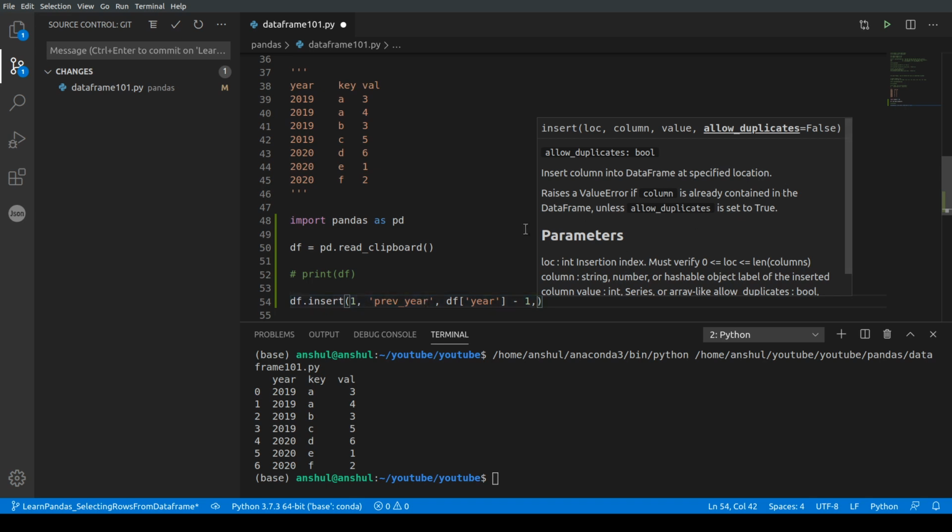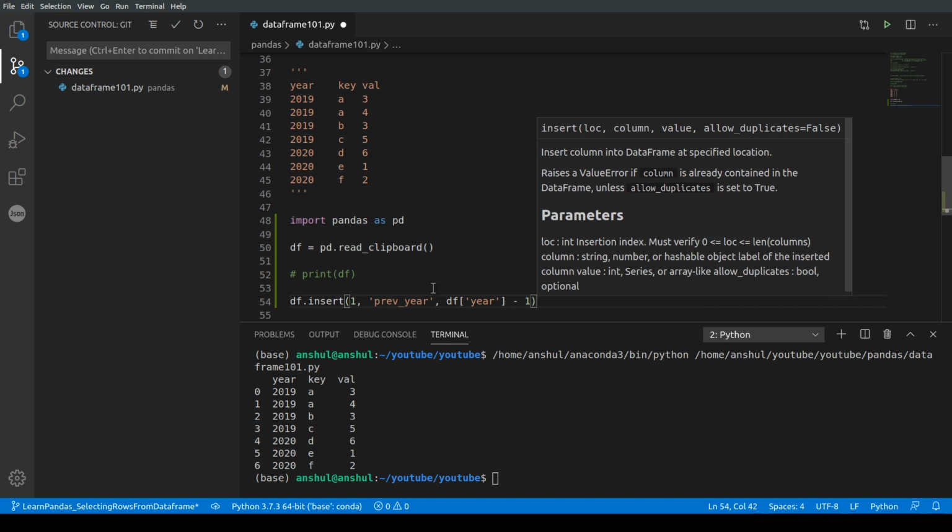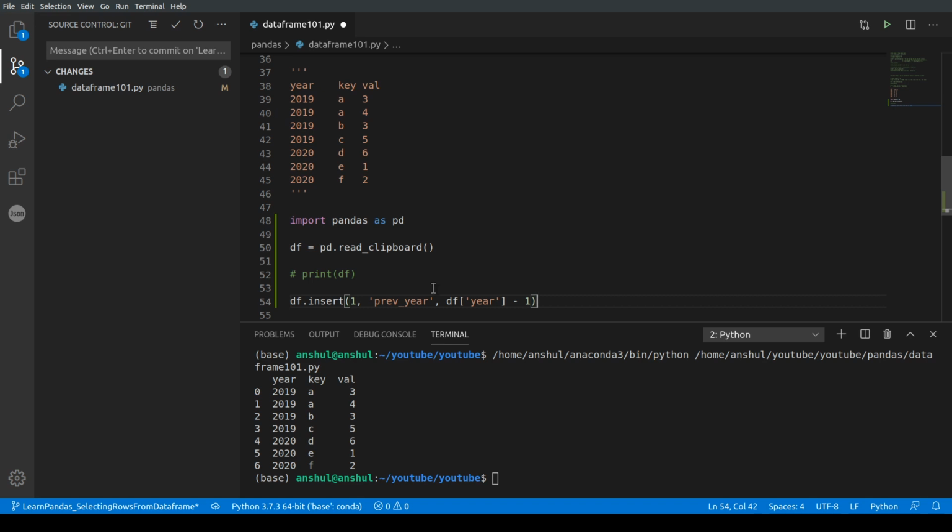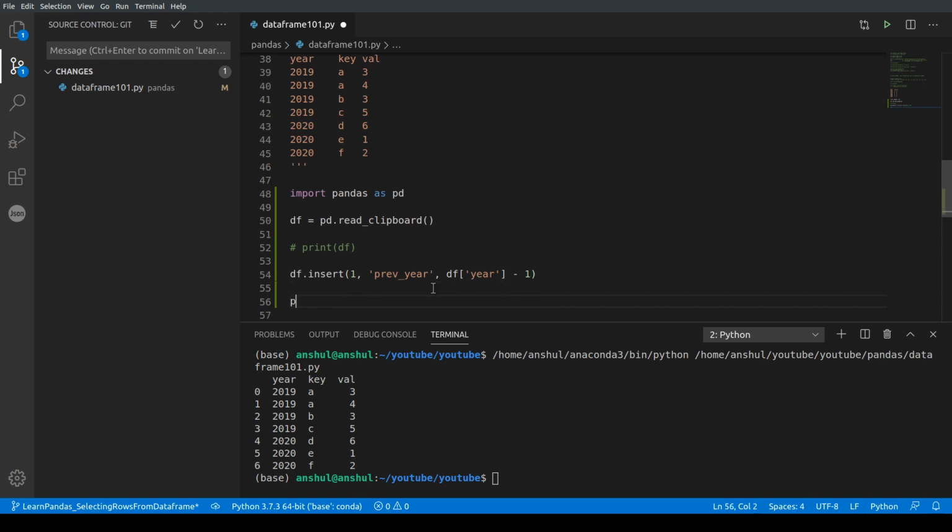If we do not set it to true, it will throw an error. By default it's false, so it won't allow a duplicate column to get created in the data frame. So let's skip that for now. We'll just see if the previous year column got created. So let's print the data frame and see what happens.